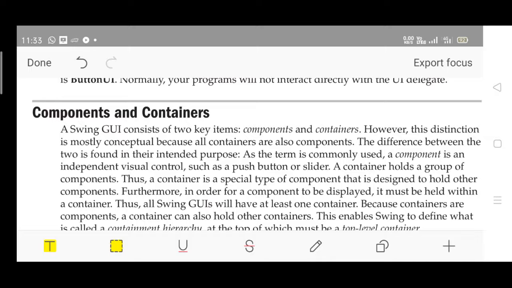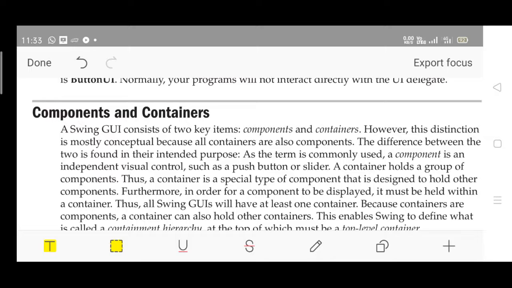At the same time, this itself is a component. You agree or not agree? Your bag itself is a component, right? Component in the sense element, or an item, right? So a component is nothing but what? It is any basic material. Now relate this to your Java concept. Any basic material or item which you are going to display on the screen, or which you are going to develop using the Swing concept, that is what a component is.